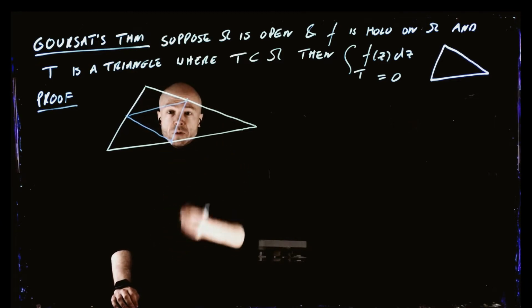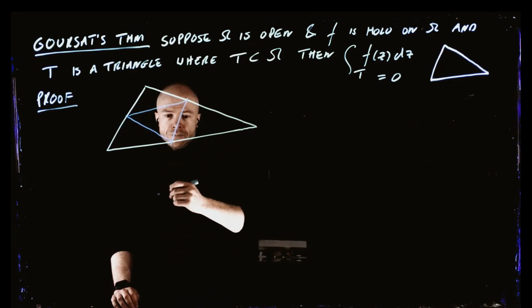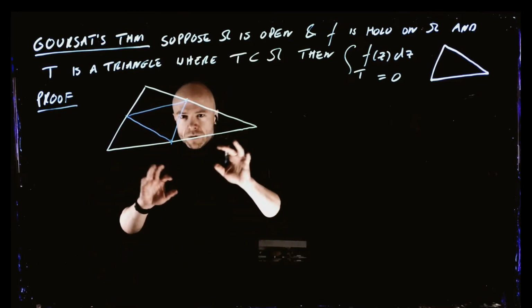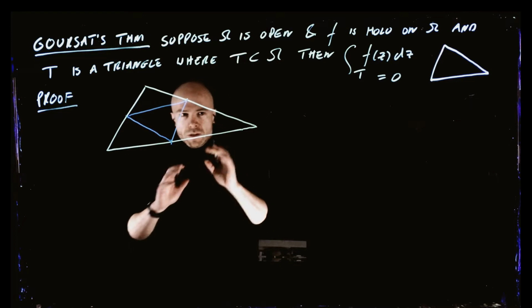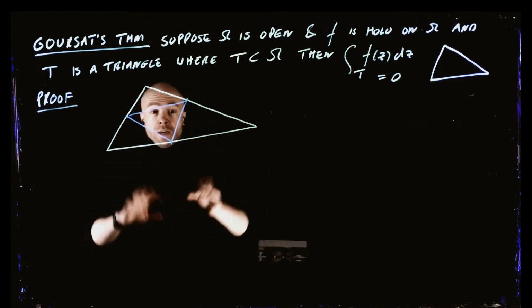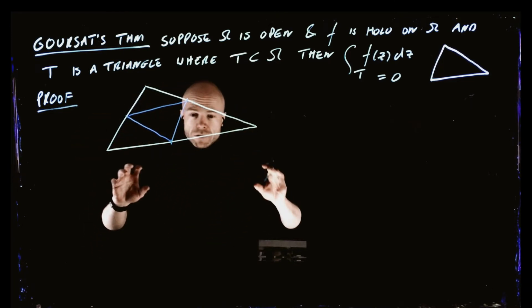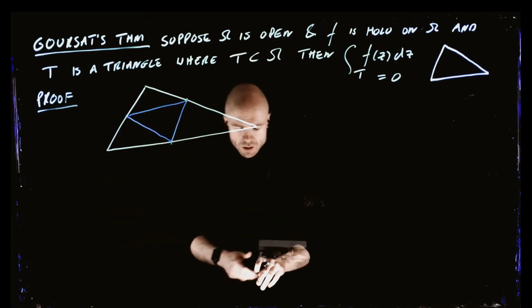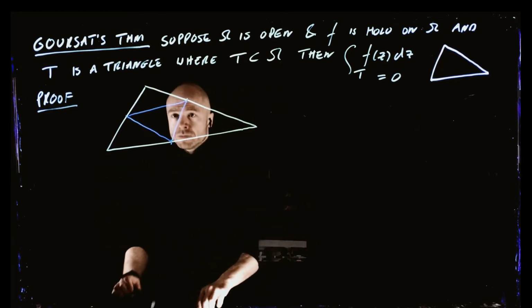Like this, and we get 4 triangles. Yeah? And notice about these 4 triangles, it's probably not that perfectly clear because my triangles are imperfect, but they're all exactly the same size. Okay? In particular, if we do this subdivision,